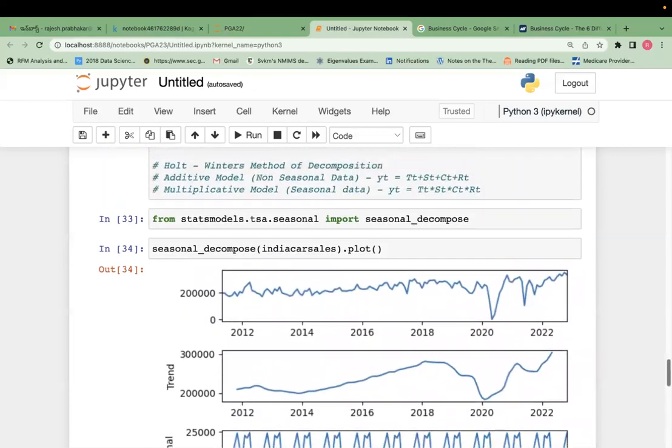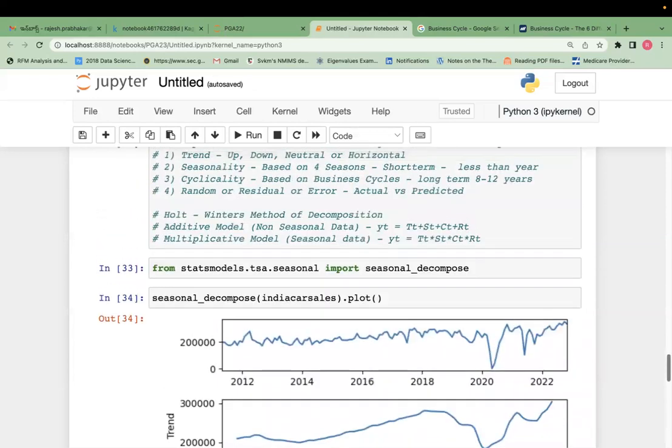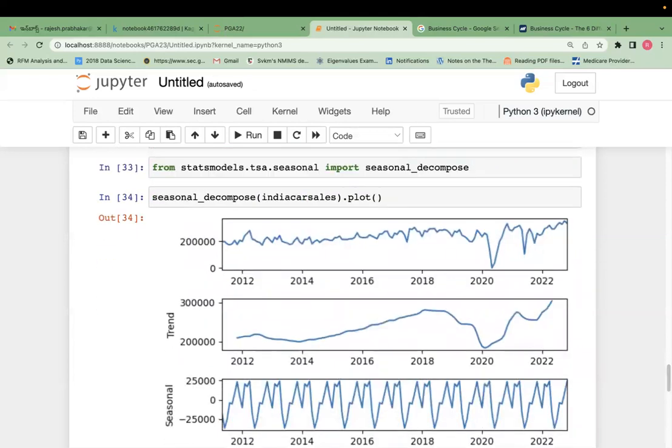It is repeating 2 times the plot, but it is the same plot. Now you can see the trend is slightly upward. Car sales are going up back. Initially it fell last year. Now in the beginning of the year also it was a little bit low, but now it is recovering and going